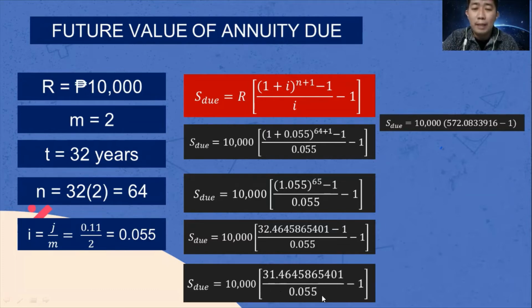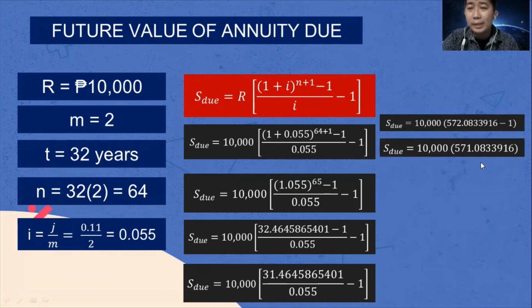We are going to divide 31.4645865401 by 0.055, then we are going to subtract it by 1. The answer on this part is 572.0833916. After that, we are going to subtract 572.0833916 by 1. 572.0833916 minus 1. The answer is